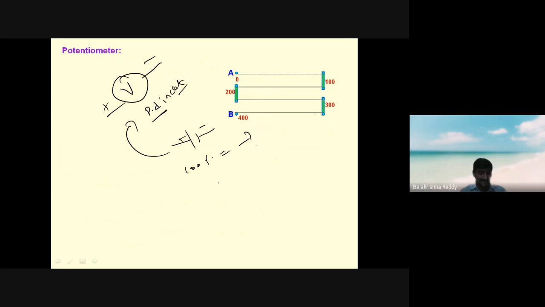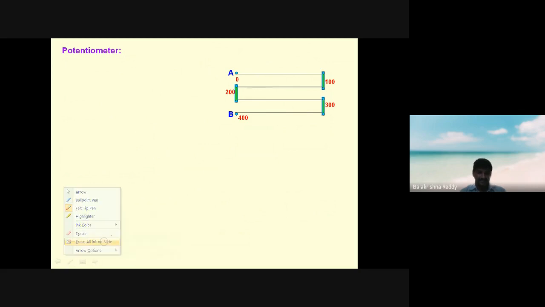Why? Internal resistance is there. And this cell has a very small voltage, let us say a 2 volt or 5 volt cell. It is very difficult to give a result. Since it is a 5 volt or 2 volt cell, the result is not obtained properly with this voltmeter. But if I use a potentiometer, I'll get the result very accurately. Why is that? Let me tell you why it is like that.